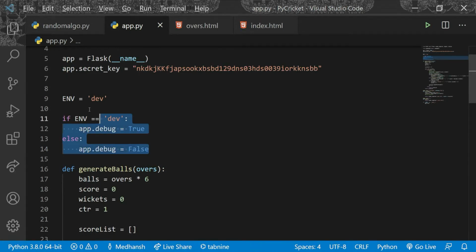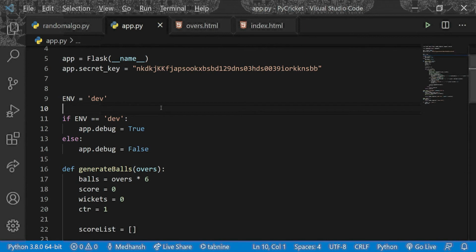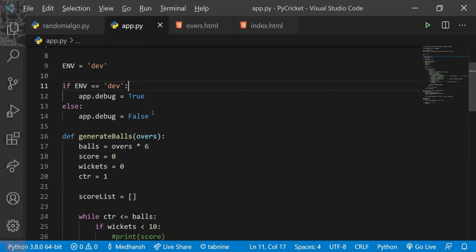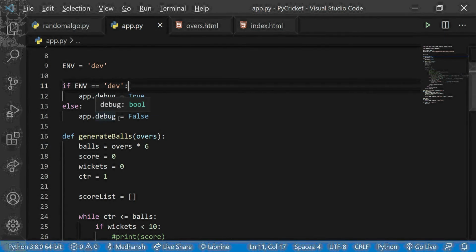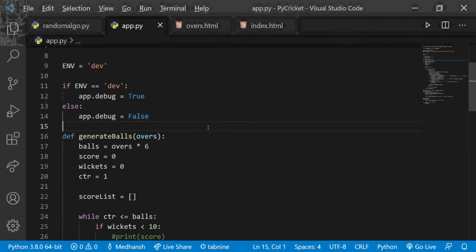Okay, so this is what environment it is in. So if it is development, meaning if it is in the testing stage, debug will be set to true. I'll get to that, because if you've got any errors, there is something called Werkzeug, which is a part of Flask, and that throws an error which you can interact with. You can find out why this error is caused and so on. Otherwise you do not want this to be shown, you just want to say server error or something.